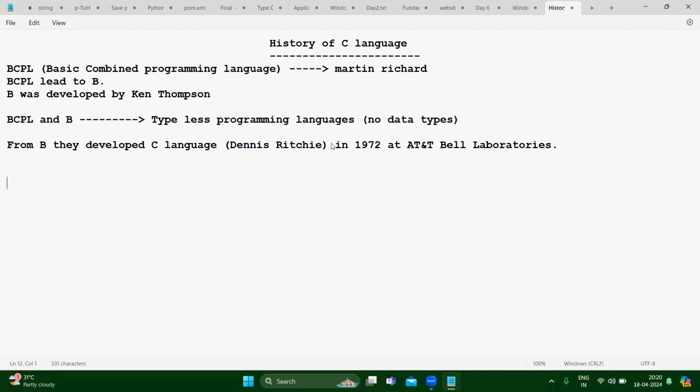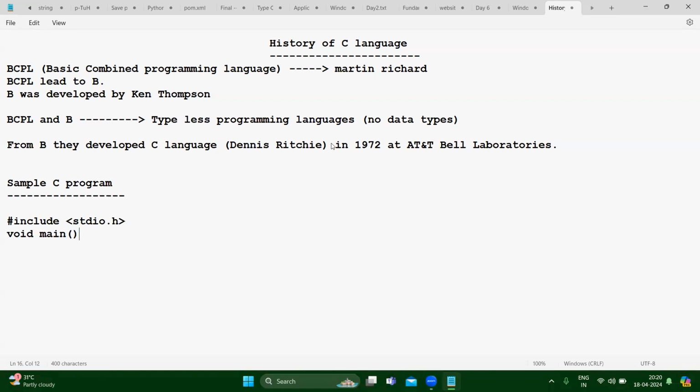Now let's understand the basic structure of a sample C program. We will write it like this: #include <stdio.h>, and after that int main.